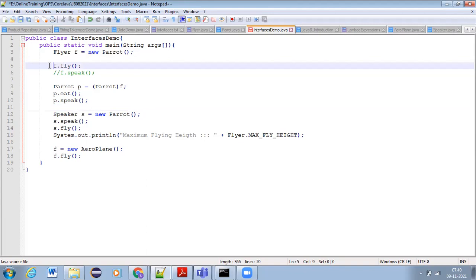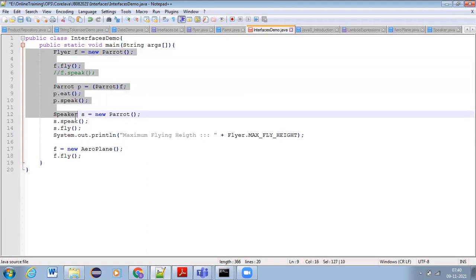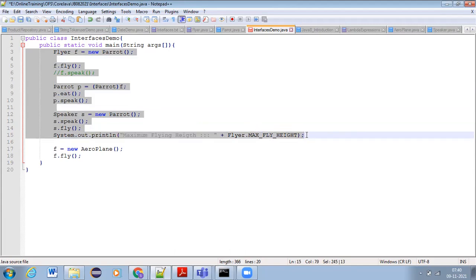So dynamic polymorphism, even from an interview point of view, they will ask more questions on your object-oriented programming understanding. This kind of questions they ask more. So you should be able to answer all this.